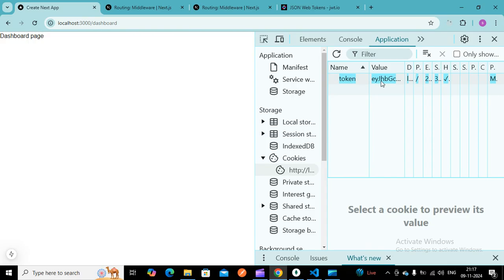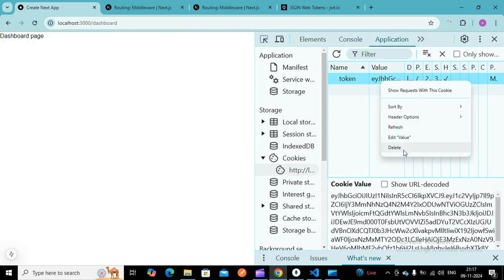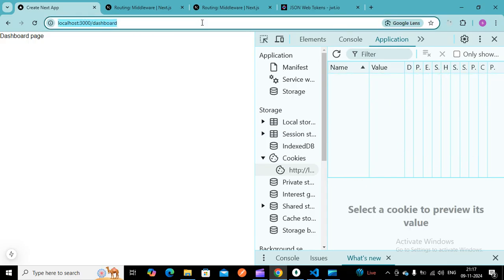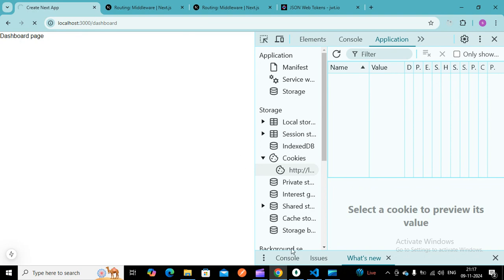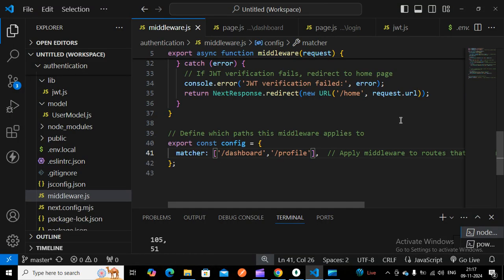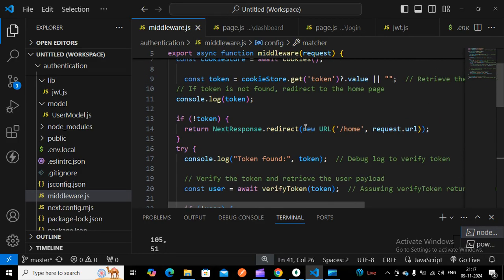So now I just delete this token. If I don't have the token, the matching path check will execute. What it will do is redirect to the home page, since I don't have that particular token.